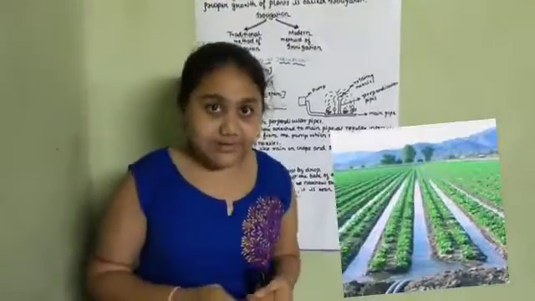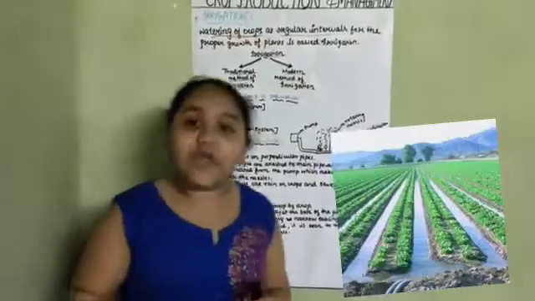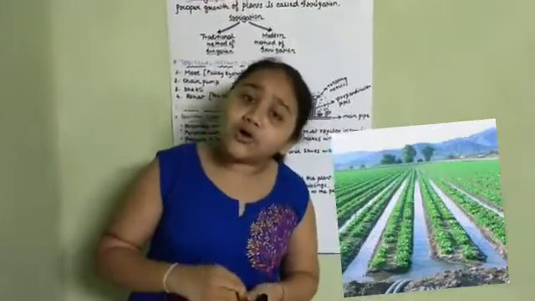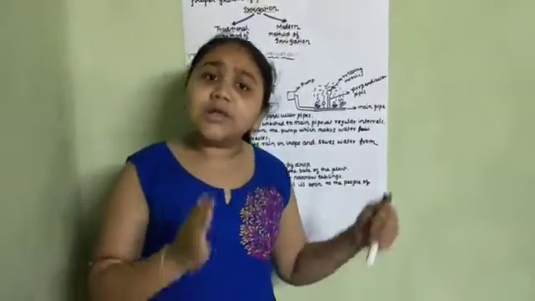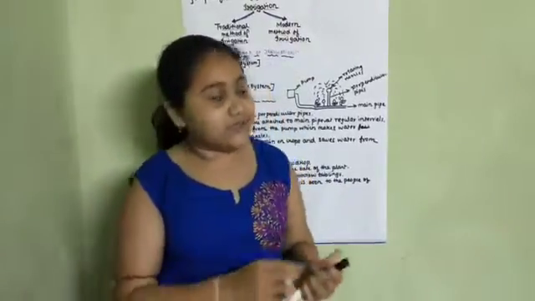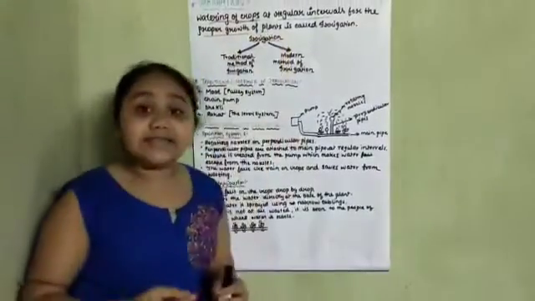Irrigation actually means watering of crops. It is watering of crops at regular intervals. We all water the plants, we all water our gardens. So that is actually watering of plants, or irrigation, which is very much important for the proper and healthy